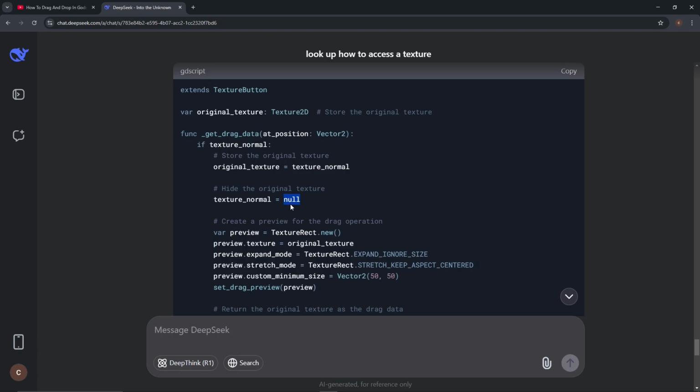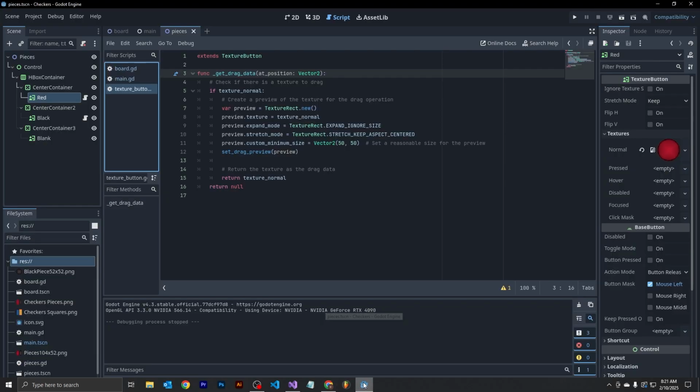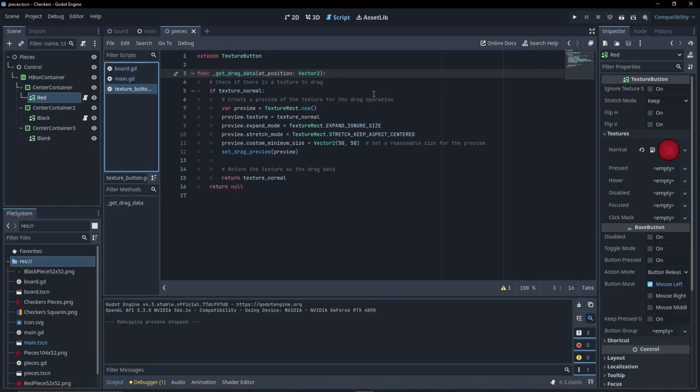We need to change this to blank, actually, not null. But yeah, let's do that. Let's do this real quick. So this is where the cutting edge is as far as my technological expertise goes. All right, so let's do this. Let's come in here